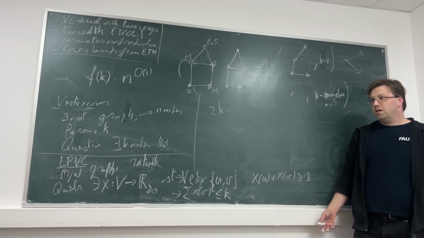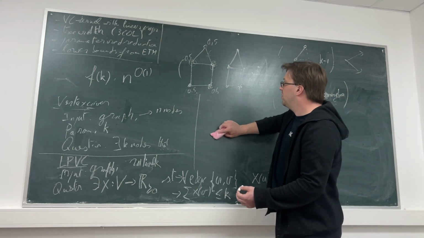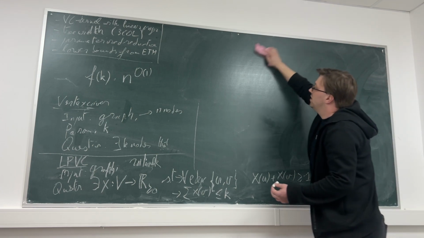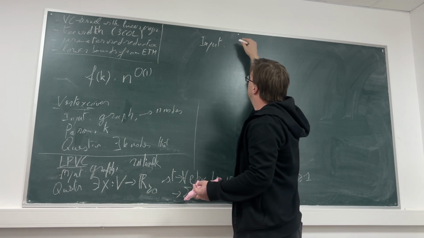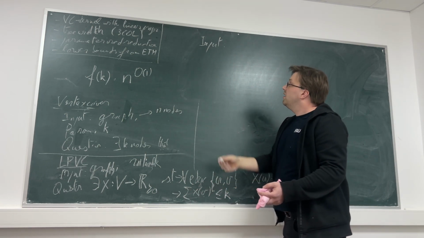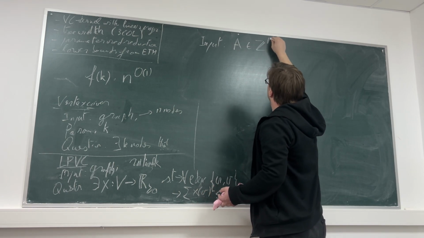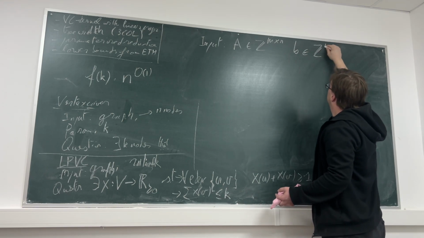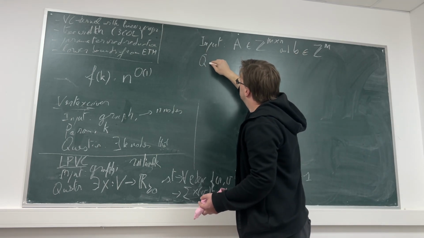Can you please define or explain what is linear programming very quickly? It's very important. What is the problem, linear programming at all? So here the input will be two matrices, m times n, and b is a vector. I will need to check the dimensions later. And the question,